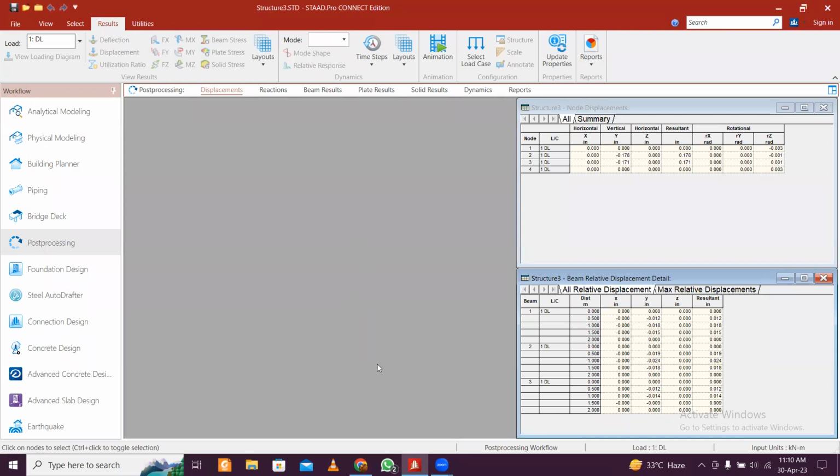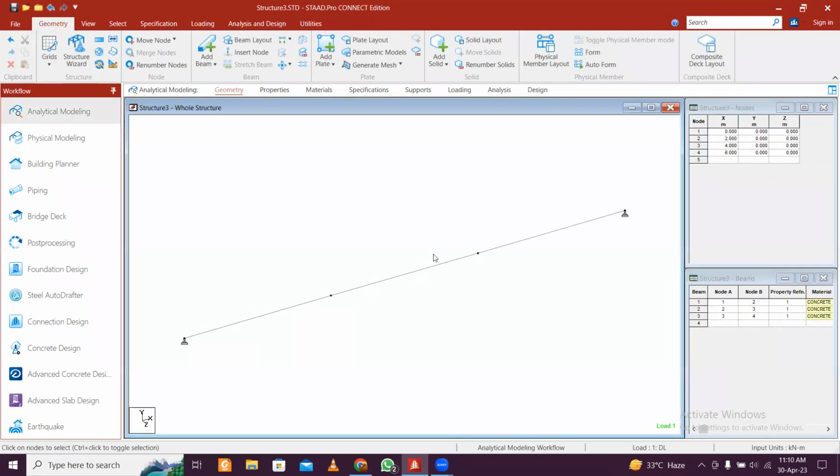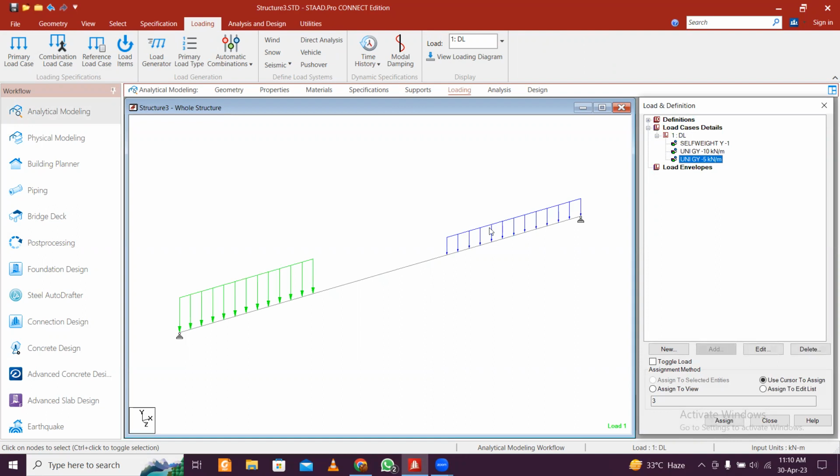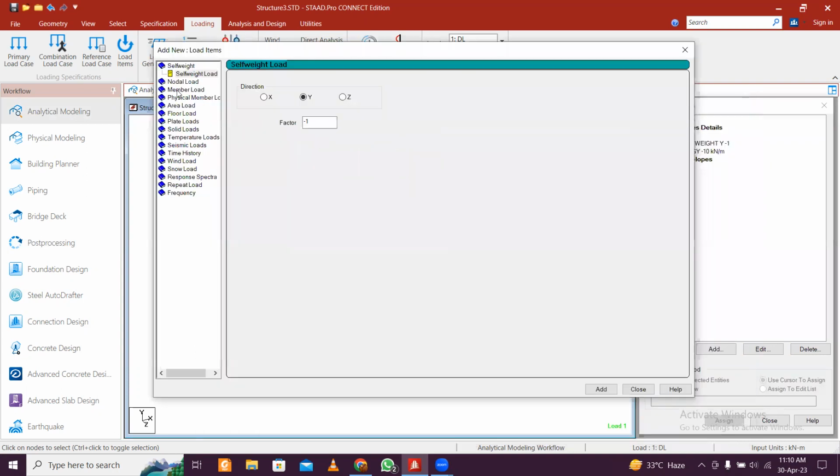Now let's do a UVL in this particular beam. Okay, so we'll go to this geometry, and we'll go to loading, and this particular load, in this particular dead load, this 5 kilonewton is here, and we'll delete this, and in this place we'll add a UVL, uniformly varying load. So we'll add here, and this will be in the case of